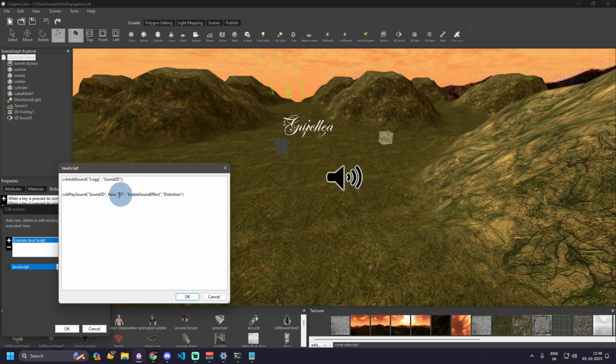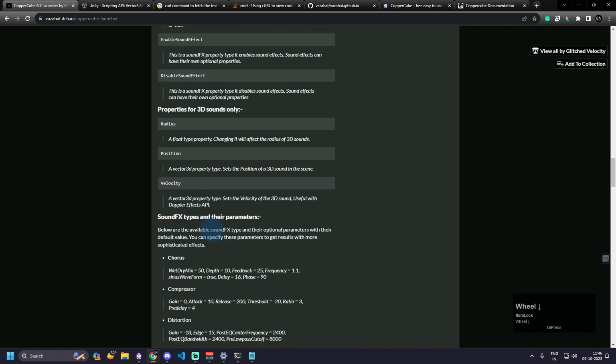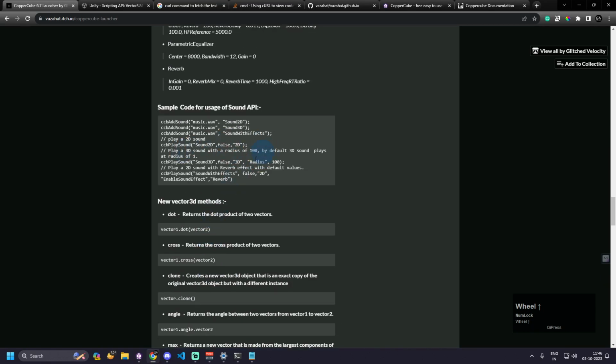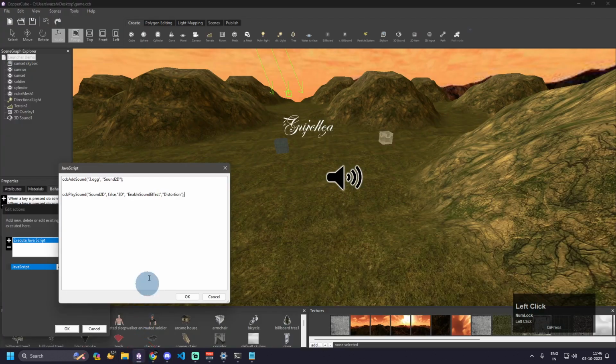You can simply change the sound to 3D, and now it will become a 3D sound. And by default 3D sound has one radius, so you have to update the radius of the sound as well. So I can simply go here and grab this code for changing the radius, and I go back here, and after playing the sound you can simply set it like this, change the radius